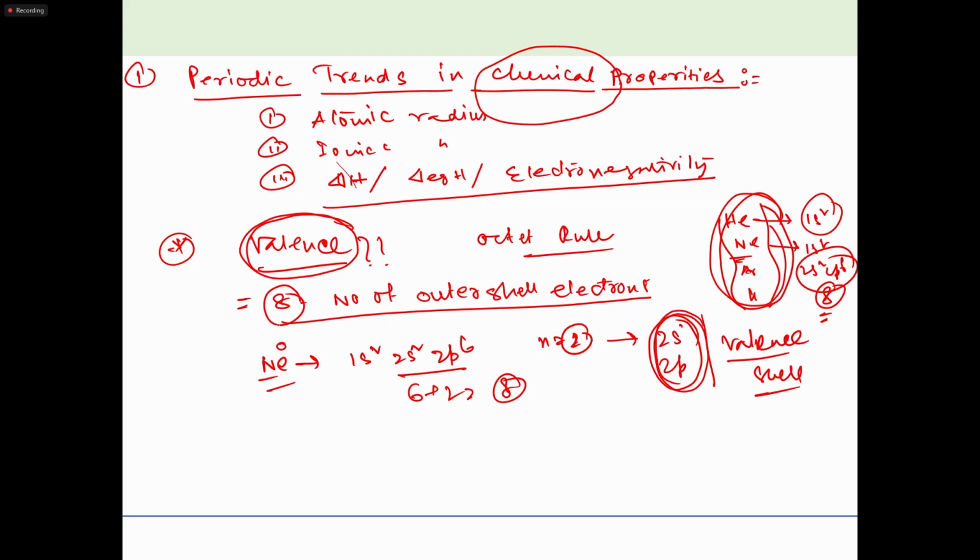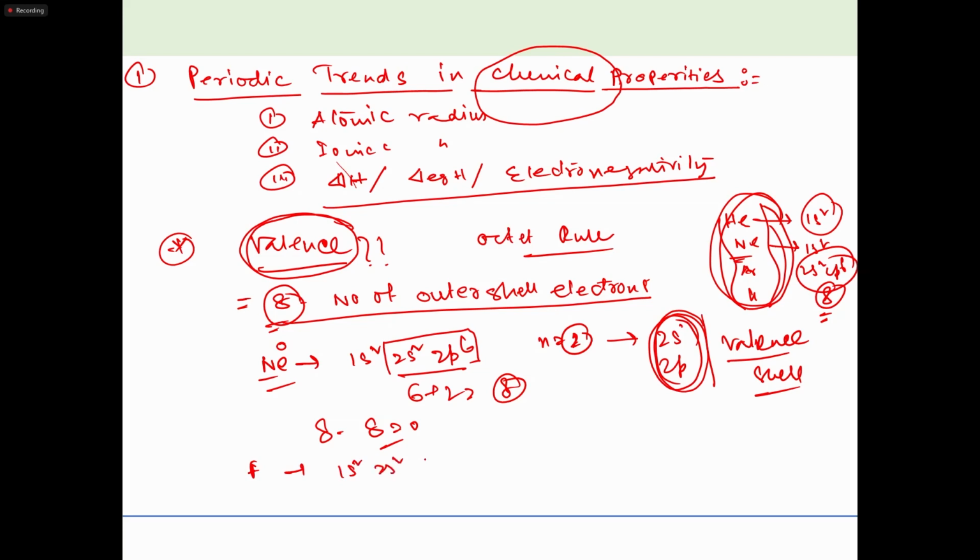Because this is 8, 8 minus 8 equals 0. So 8 actually defines the stability. This is defined by the octet rule. When the valence shell is filled up by these 8 electrons, then it is stable. Now, for an element, when we calculate the valency, it will be 8 minus the number of outer shell electrons. Suppose fluorine's electronic configuration is